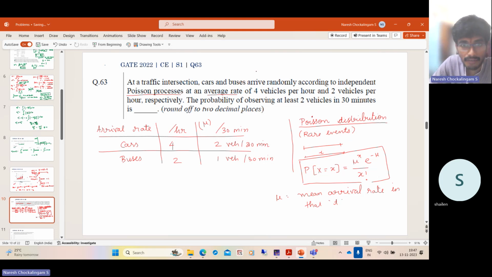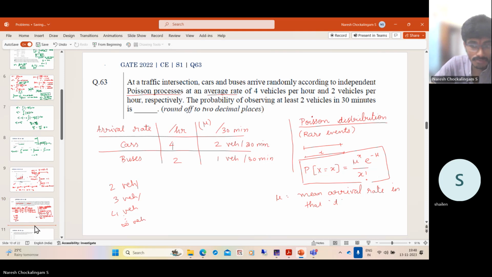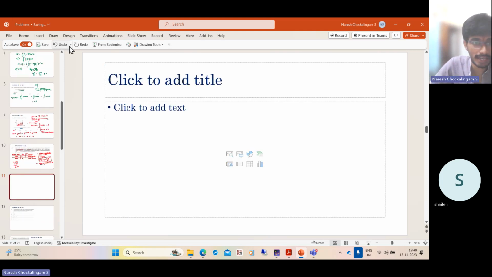Now we are asked to find out the probability of observing at least two vehicles. So it means we can have two vehicles, three vehicles, four vehicles, up to infinitely many vehicles. So the probability